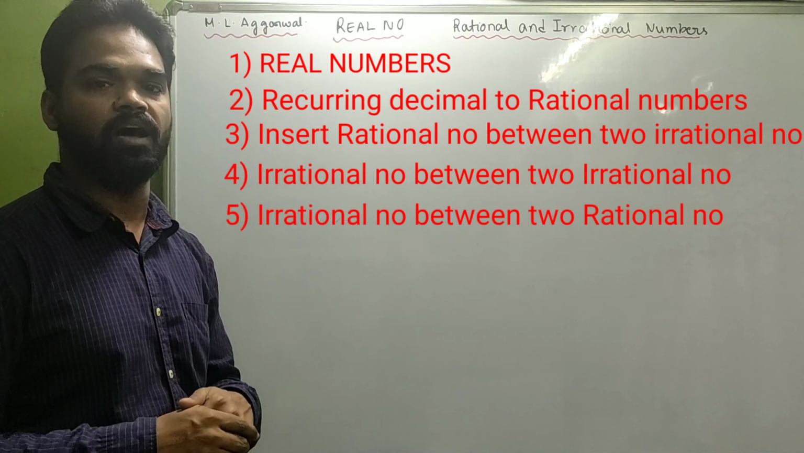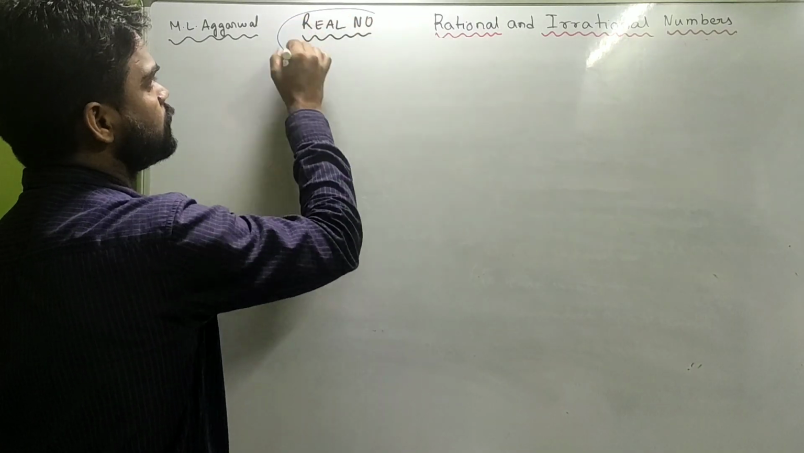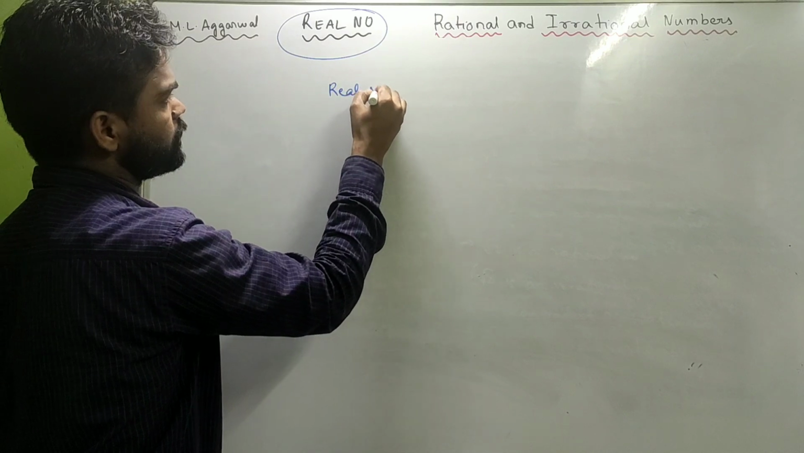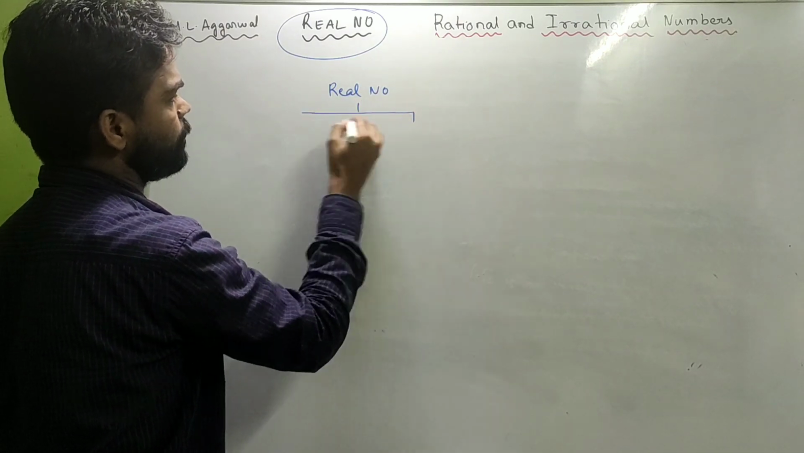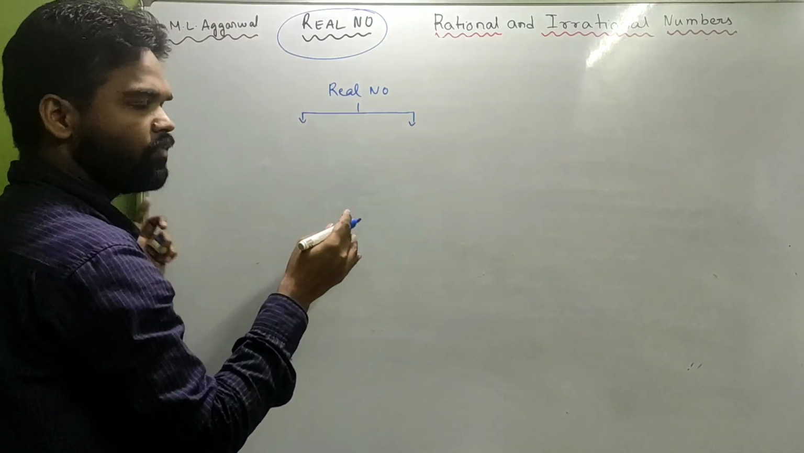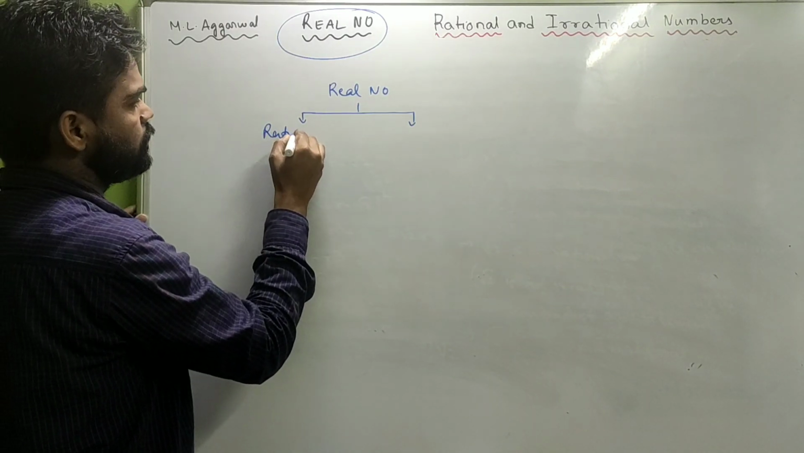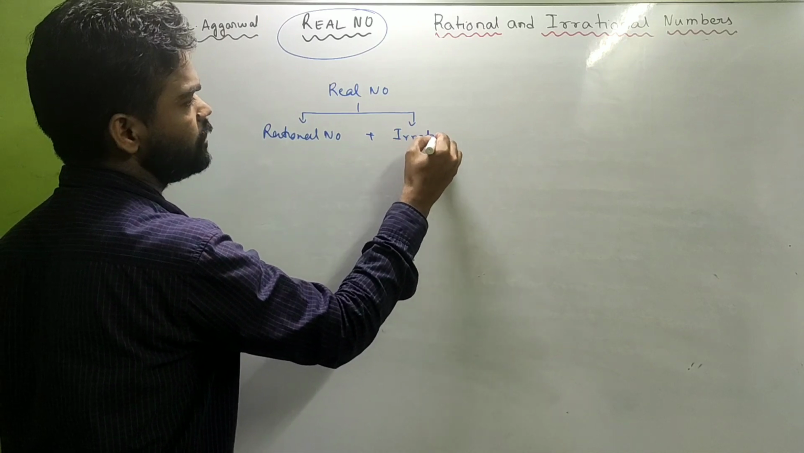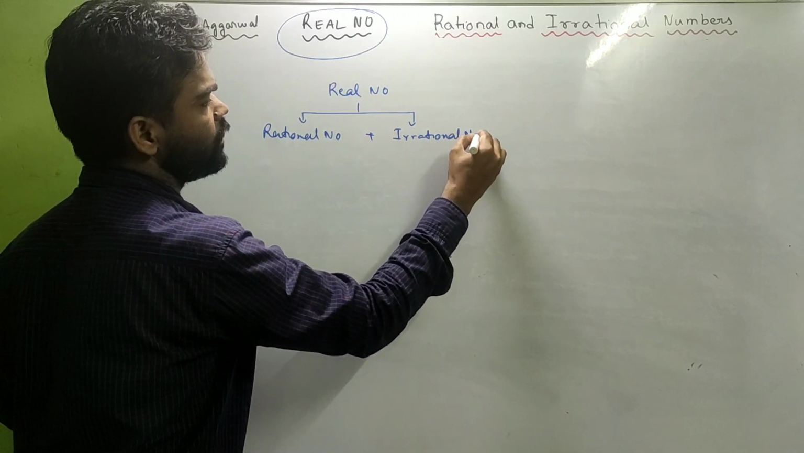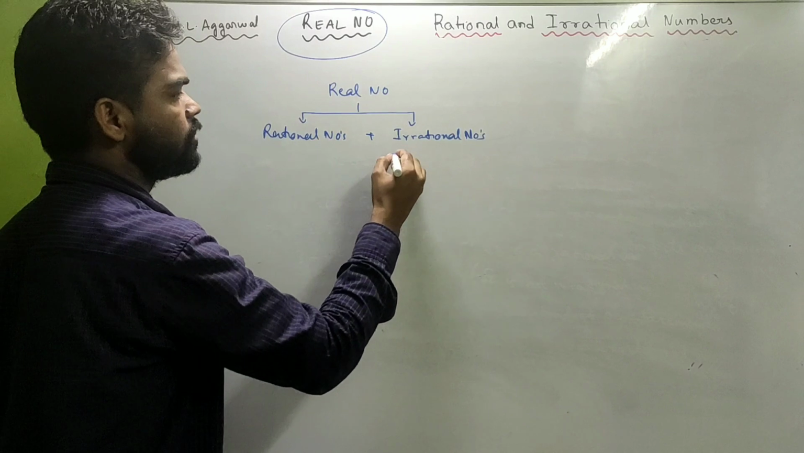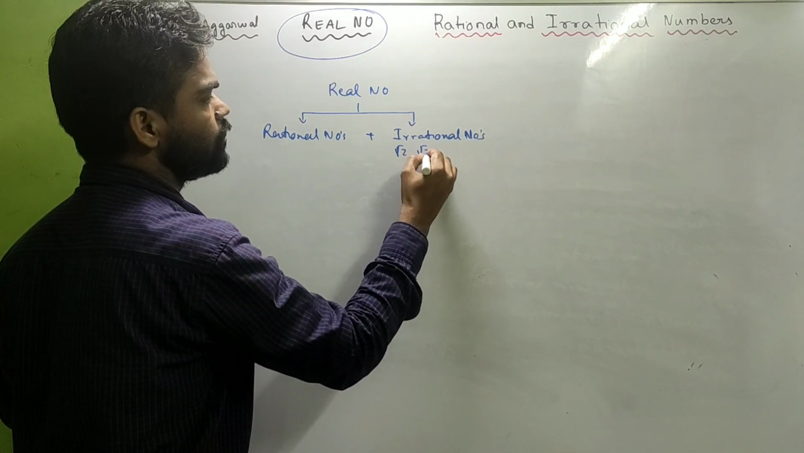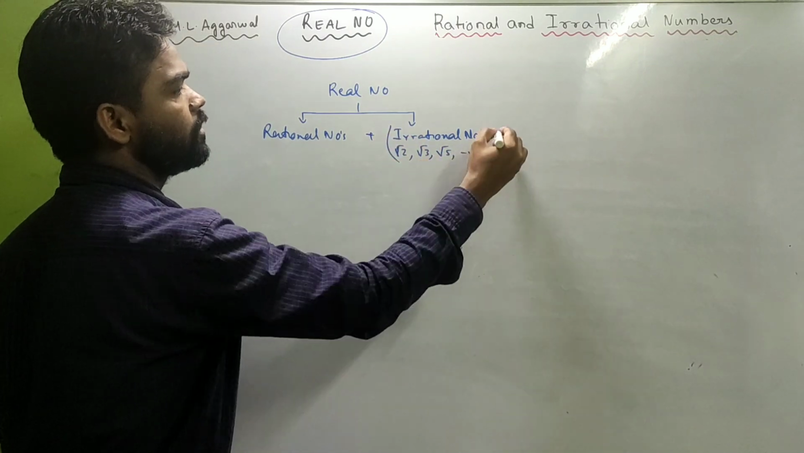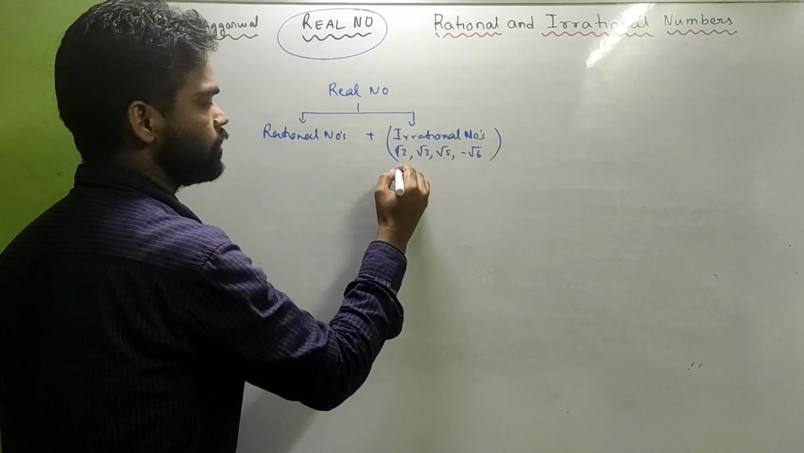So let's get started. Let us look at what real numbers are. Real numbers are nothing but the union of rational numbers and irrational numbers. We have already done what rational and irrational numbers are. Root 2, root 3, root 5, minus root 6 are all irrational numbers,